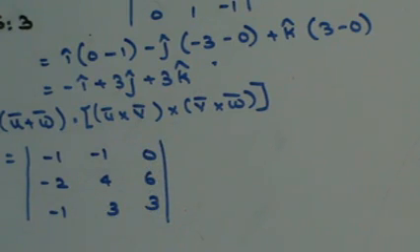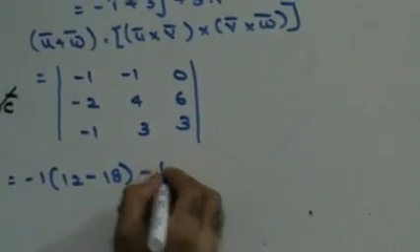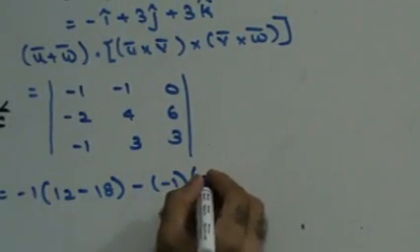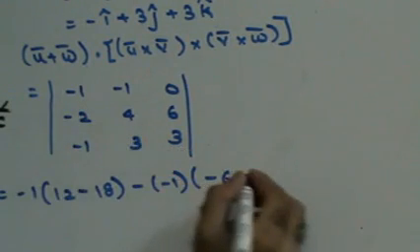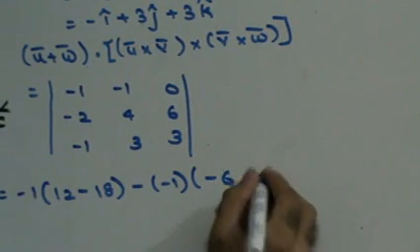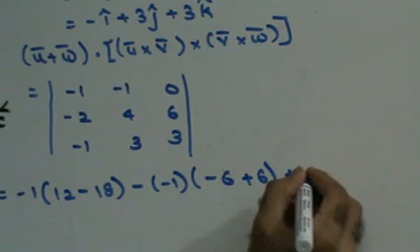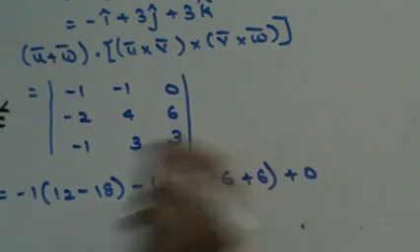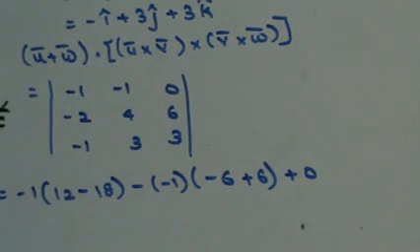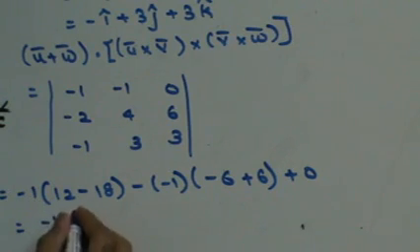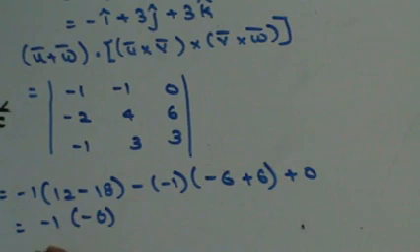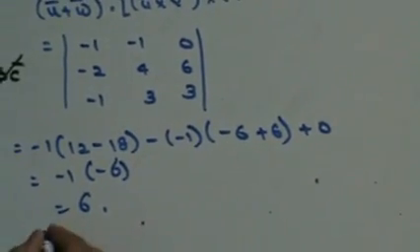Right? So in that case, let's solve this. This is going to be nothing but minus 1, 4 3s are 12, minus 6 3s are 18, minus of minus 1, this is minus 6, minus into minus plus 6, plus 0. I need not write the bracket because if this term is 0, automatically the multiplicative bracket for this will be 0. So this is minus 1 into minus 6, this term becomes 0, so answer is 6. Right? Next, let's see another sum, guys.